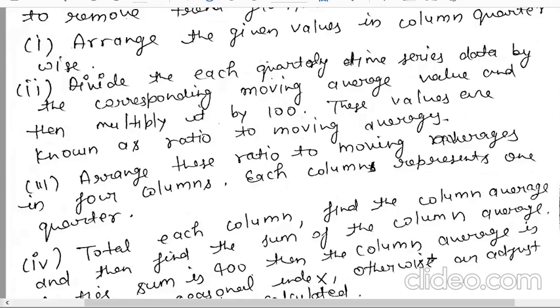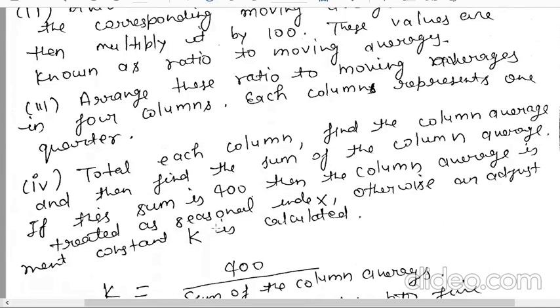Third point, arrange these ratio to moving averages in 4 columns. Each column represents 1 quarter. That means our process will be repeating again and again, right? Fourth point, total each column, find the column average and find the sum of the column averages. If this sum is 400, then the column average is treated as the seasonal index. Otherwise, an adjustment constant